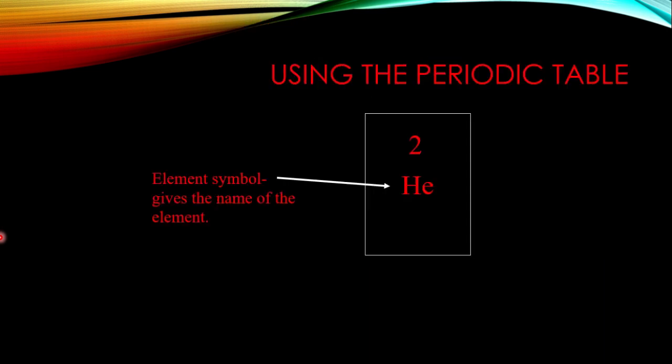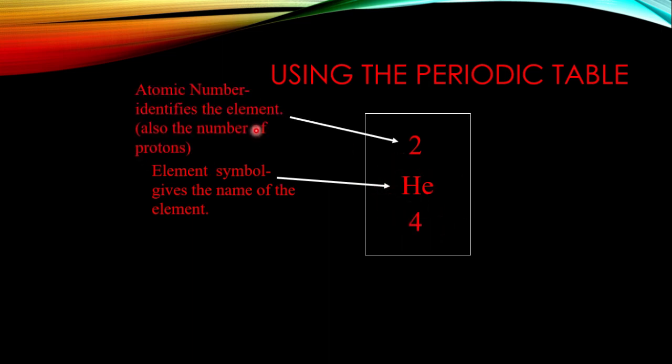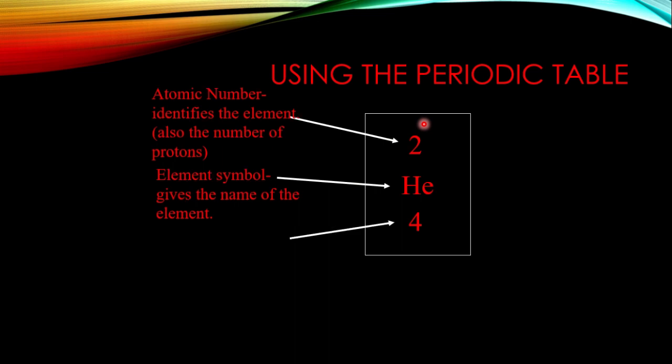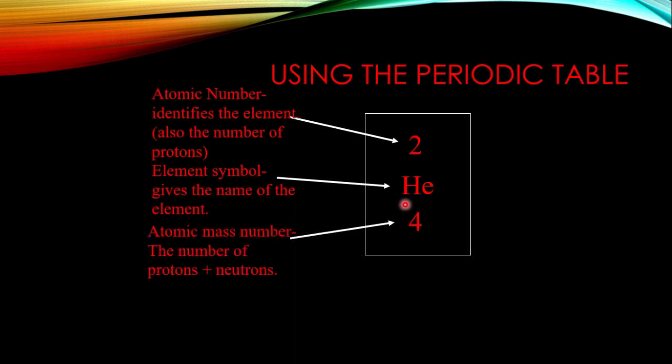Now let's study how we could use the periodic table of elements to determine the numbers of the subatomic particles. Una sa lahat, ang ating symbol. It gives the name of the element. Pangalawa, the atomic number. It is the one with the lower value. 2 ang nakalagay kay helium. So that means ang atomic number niya ay 2. Yun din ang bilang ng kanyang proton. Next, the mass number or the atomic mass or atomic weight, it is equal to the number of protons plus